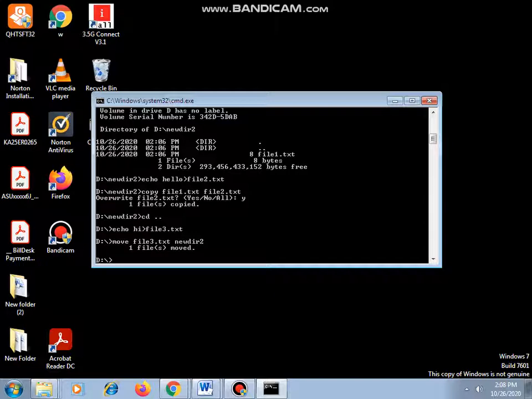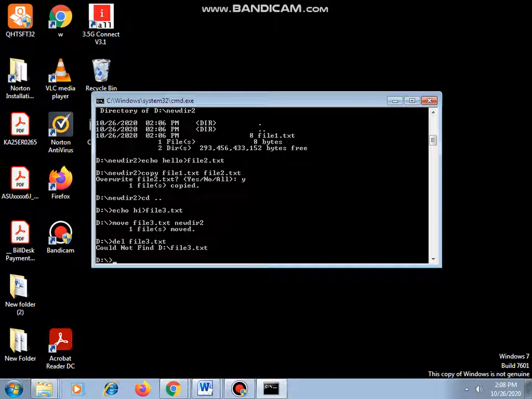How do we delete a particular file? For deleting a particular file, make use of the command del file3.txt. This is how we will delete the particular file. This particular file is moved, so I'll go to new directory 2.